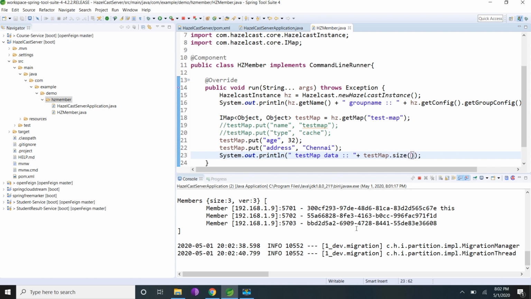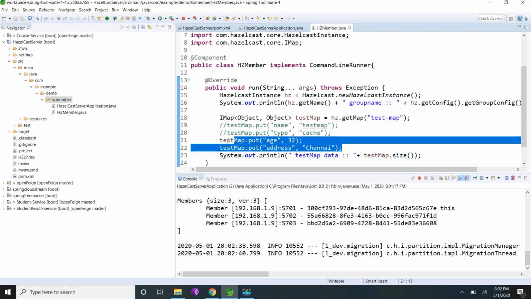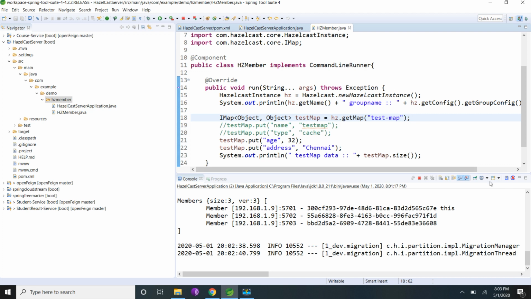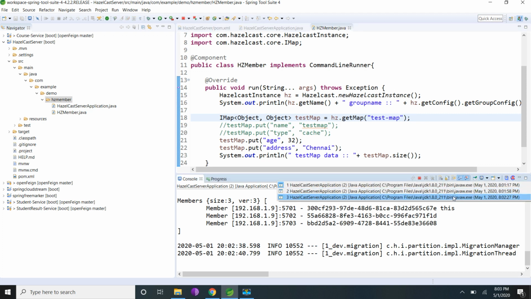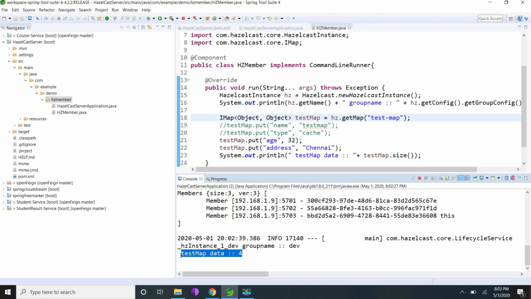So now we have three members. In the first member I have added 2 cache items, and in the third member I have added 2 cache items, and in the second member I didn't add any cache items. So let me check the size. It should be 4. So now test map data size is 4.